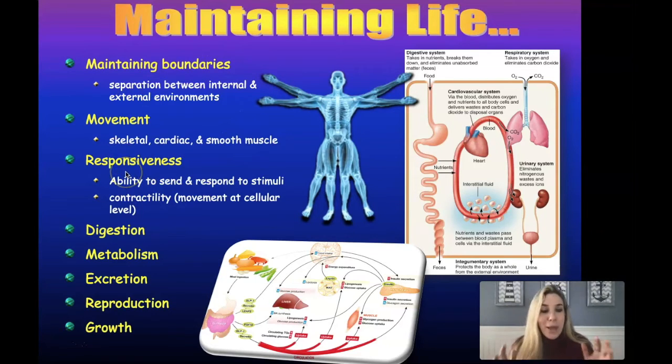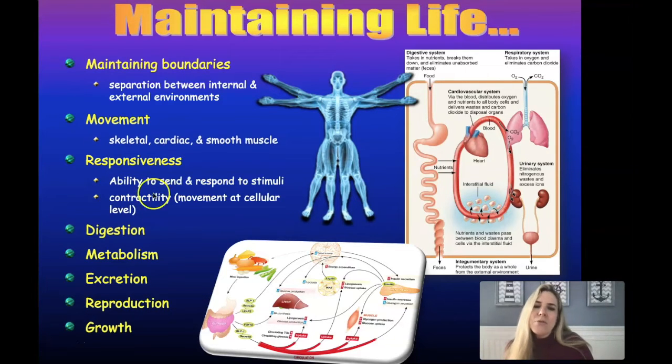Responsiveness. We have to be able to send signals throughout the body. Your body is like a communication highway. Stuff is always going in and out and in and out and in and out. We send signals from the brain down to the spinal cord through our nerves and therefore to our muscles so that we can actually respond, and those muscles send responses back. You have to be able to feel pain so that if something bad is happening that could cause problems, your body is going to be able to get that signal that something's wrong and respond to it.